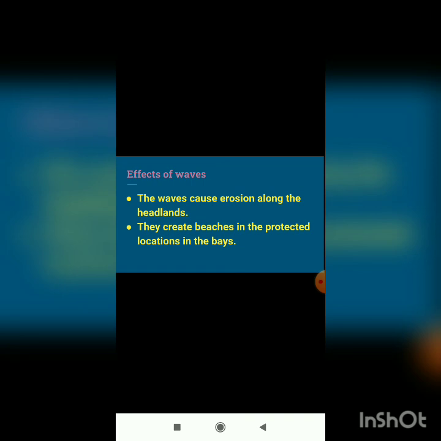3/4 of the phase of the moon is the time of high tide. For example, suppose you are at the coast on the 4th phase of the moon, then 3/4 of the phase is 3. It means the high tide will occur at 3 a.m. and 3 p.m. and approximately 6 hours from it, that is 9 a.m. and 9 p.m., will be the low tide. There may be slight differences according to local conditions.